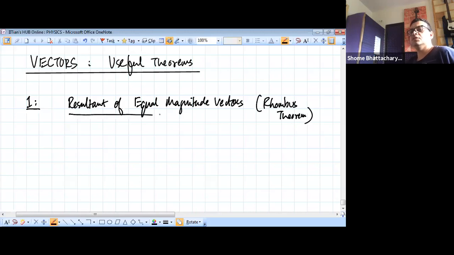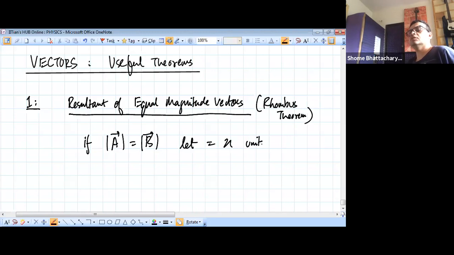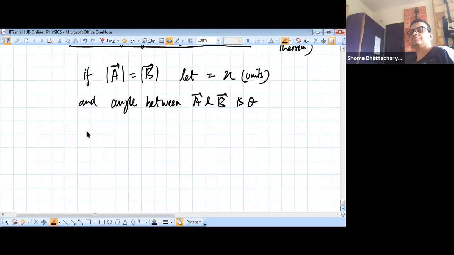So the statement of this theorem is, if magnitude of A is equal to magnitude of B, suppose that is equal to some x units, and the angle between A and B is theta. Okay. Then, by definition, the magnitude of A plus B becomes 2x cos theta by 2, and